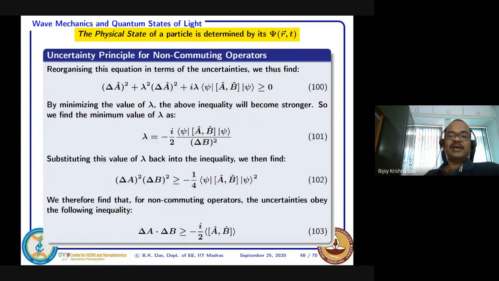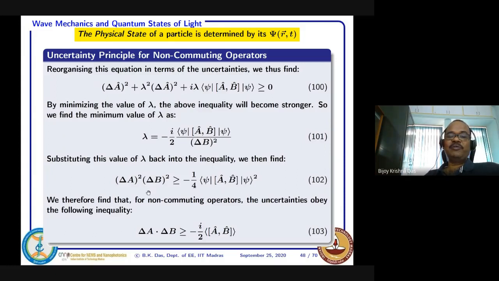Substituting this lambda back there, that's the normal procedure for finding the minimum value in standard calculus, you substitute back here and you get this equation. Lambda value will be replaced. So once you replace, we are just getting the inequality in this form. So what does this form mean? This is the expectation value of the commutation of A and B, with psi here, psi here, and psi there, right? So this is so straightforward.